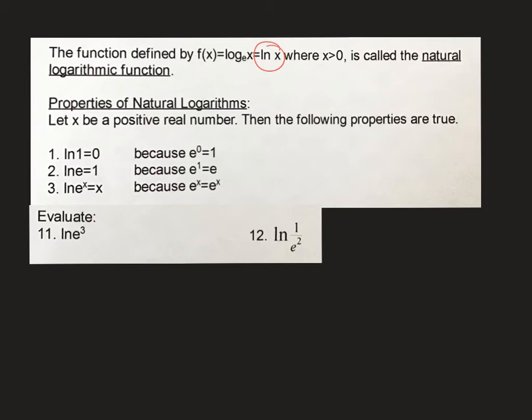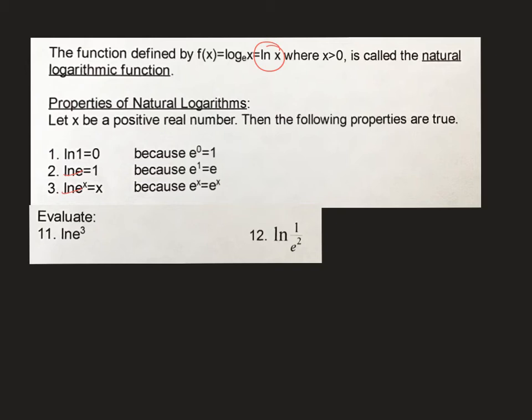The properties of your natural logarithms are the exact same as the properties of our common logs. The natural log of 1 is equal to 0 because e to the 0 is 1. The natural log of e is equal to 1 because e to the first power is e. And natural log of e to the x equals x because e to the x equals e to the x. And again, you can think of the natural log and the e canceling out because it's the same base and the same